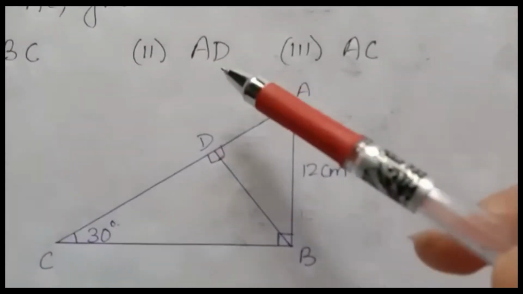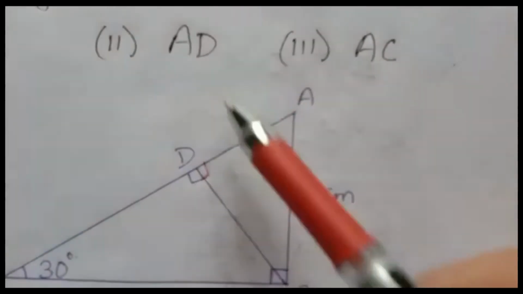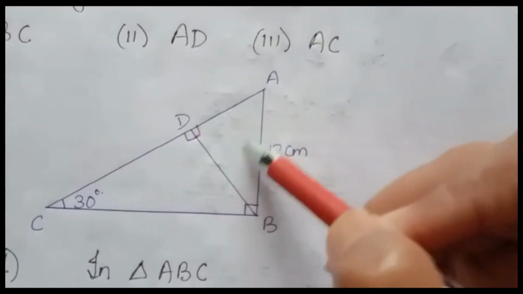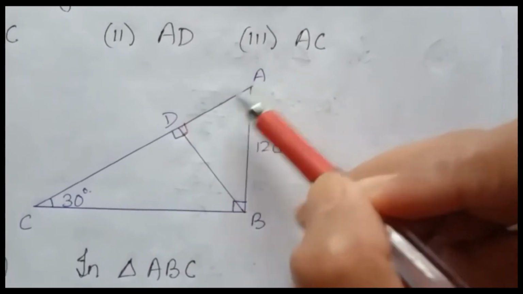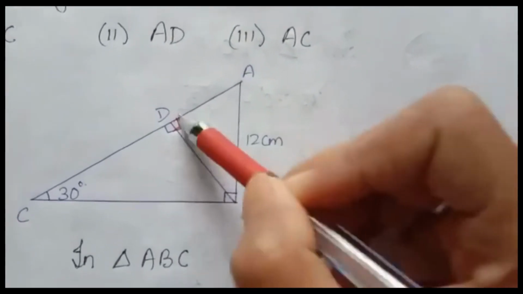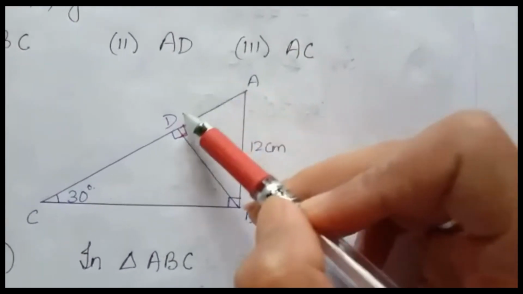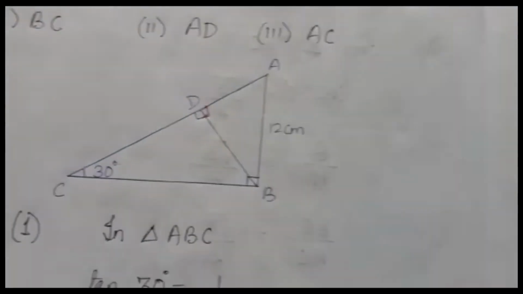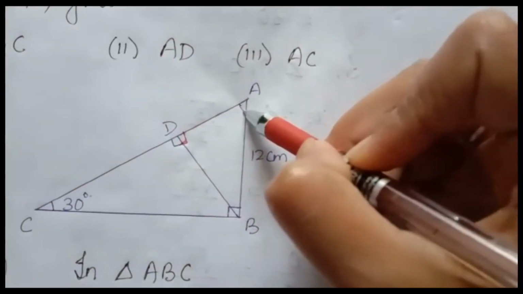Now next question is to find AD. See, you have to find this AD, okay, and AD lies in this triangle, and this is also a right angle triangle. See, this is 90 degree. So you have to consider this triangle to find this AD, but we don't know the value of theta in this question, right? So how to find the value of theta? Here we will find theta.